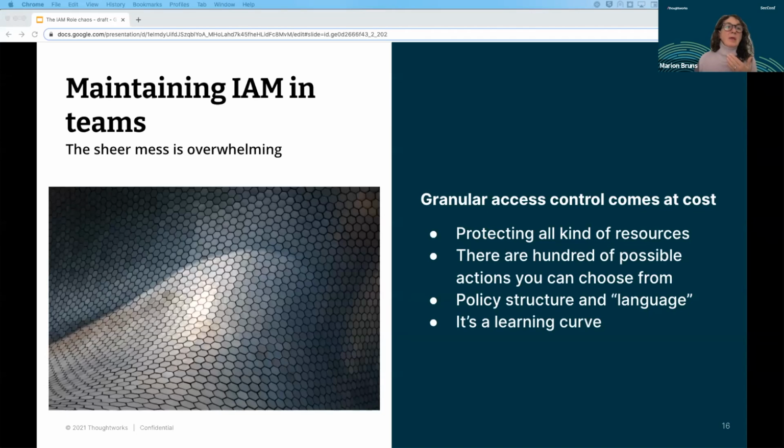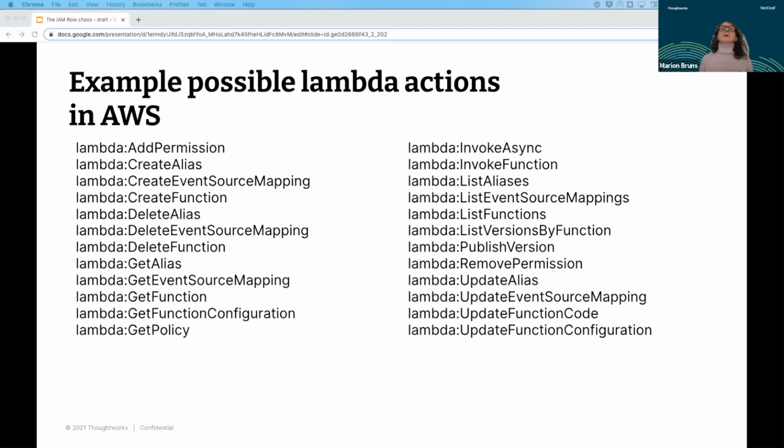To give you an idea about possible actions you can perform and which you can then define in resources or as an allow or deny, this is a simple example for Lambda actions. And this is a really quite short list in comparison, for instance, to a good old EC2 instance, where you have tons of actions you can apply or define in a policy to allow or disallow.